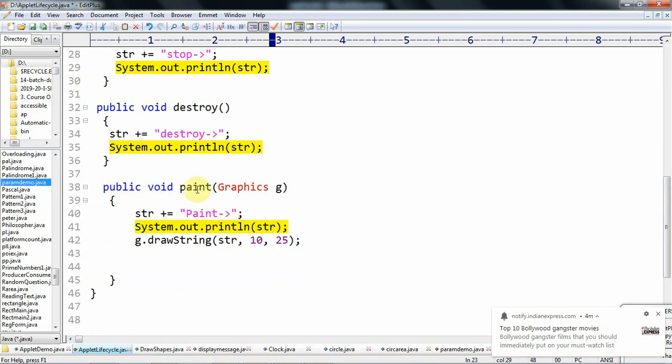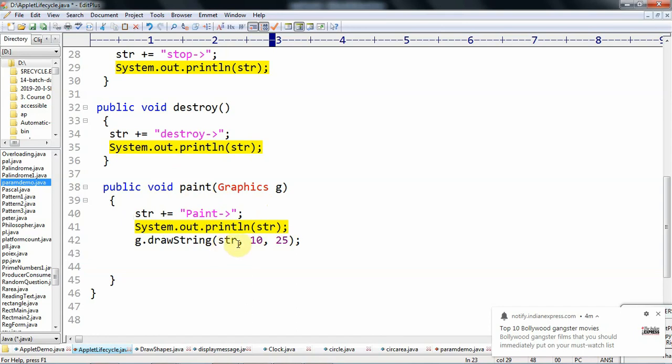And finally the paint method. This method is used to draw something on the applet window, whereas System.out.println prints the message on the console. The paint method prints drawings on the applet window. So here, to indicate the applet enters the paint method, we add paint to the str, then System.out.println str, so the concatenated string is printed on the console.